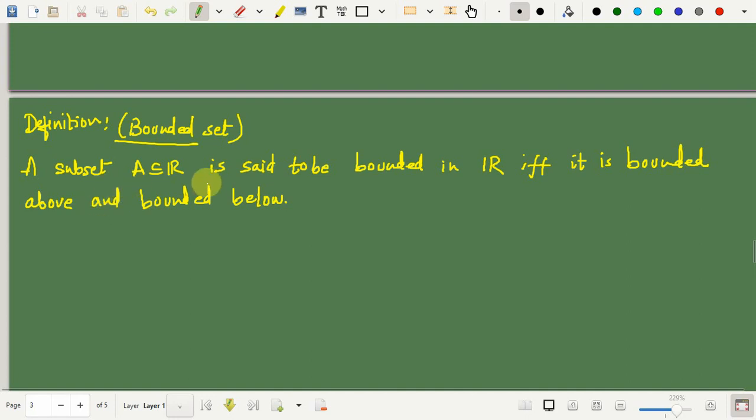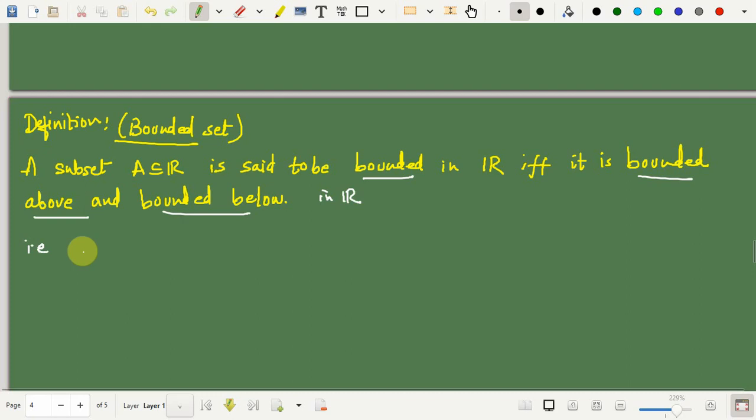So, a subset of R is said to be bounded in R if and only if it is bounded above as well as bounded below in R. If it is both bounded above as well as bounded below, that is, if I write down in short notation, then A in R is bounded